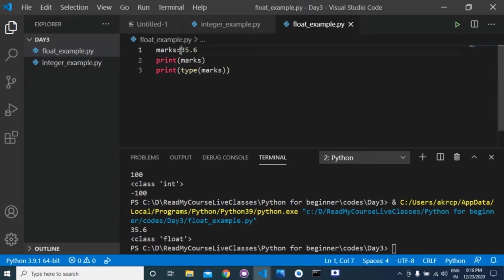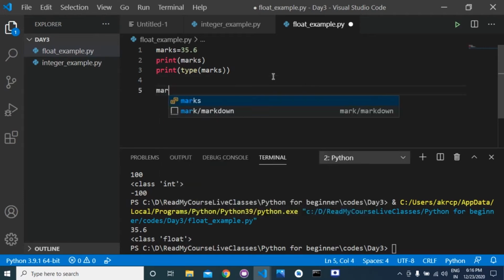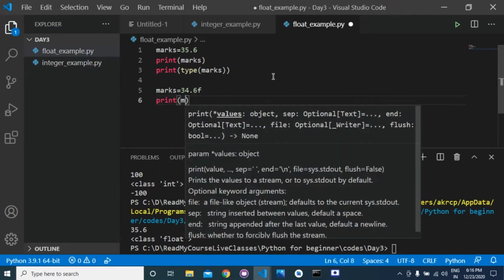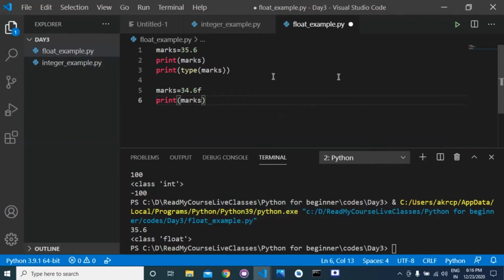So this is the example of float. Similarly you can also use marks is equal to 34.6f, and if you print this, it will give the output.